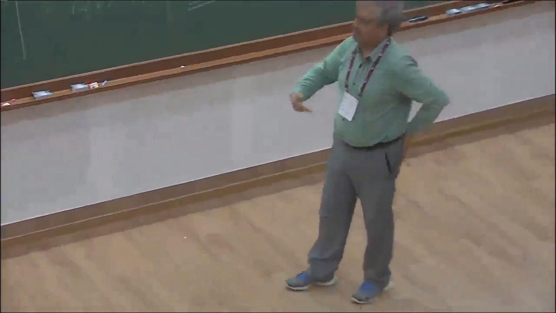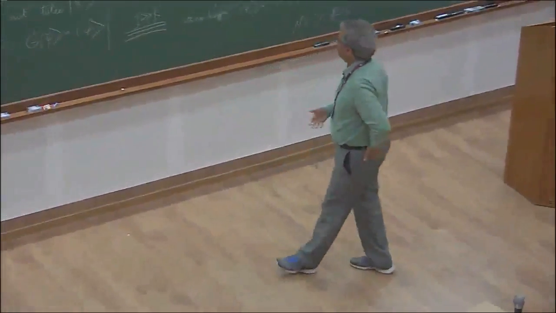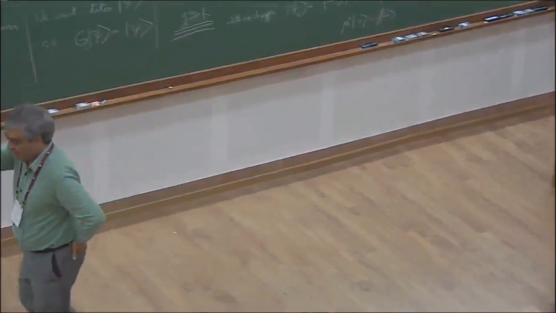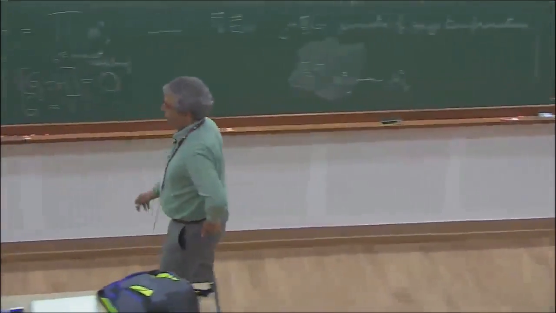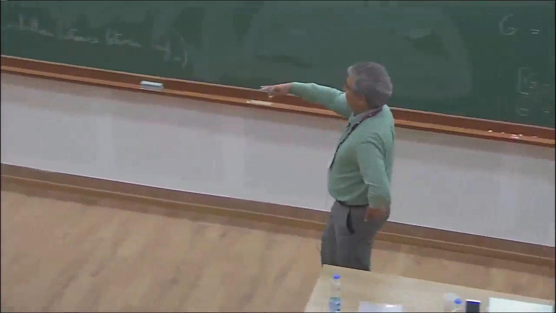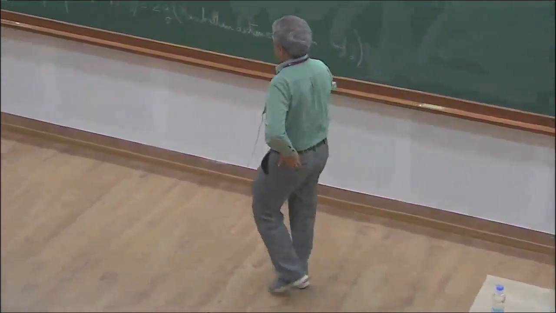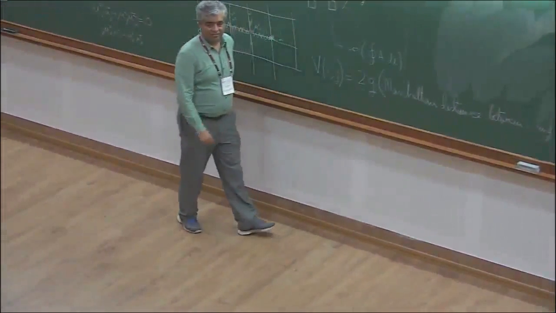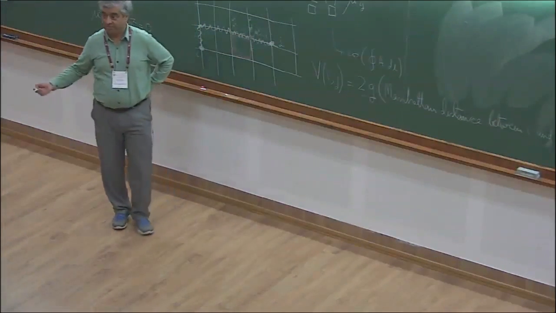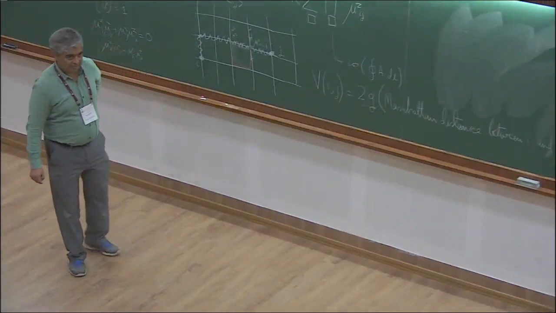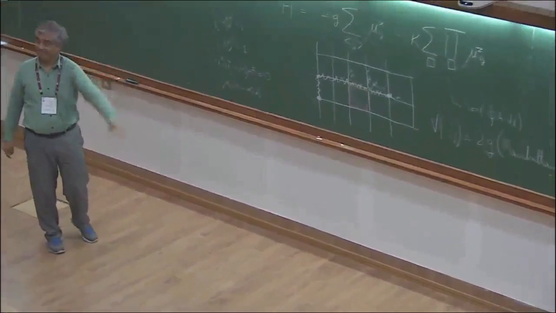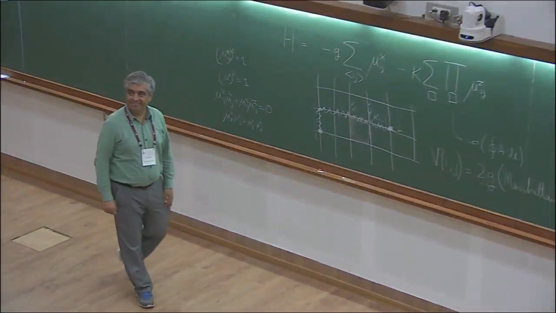Okay, and now you can check that this is all perfectly stable. You can do a perturbation theory in K over G along the methods that Kedar has discussed in the first lecture. Basically, it may change what's called the string tension. So this 2G is the string tension. The value of the string tension may change a bit, but it will be non-zero. Okay? So, all that clear?